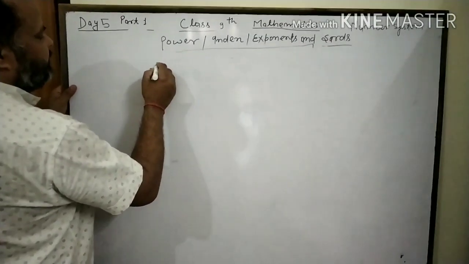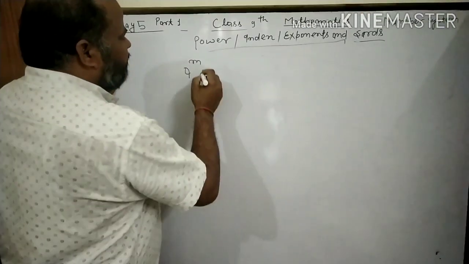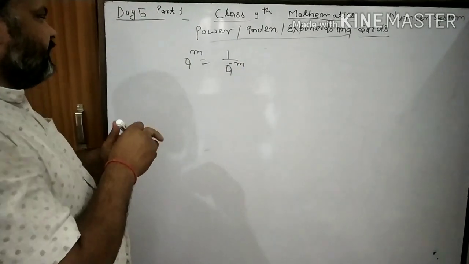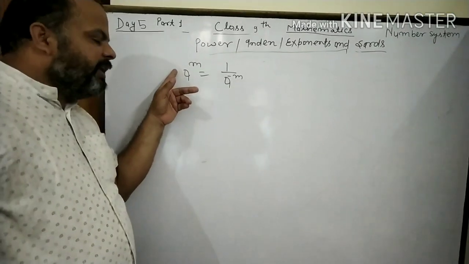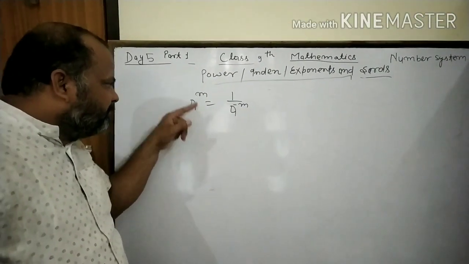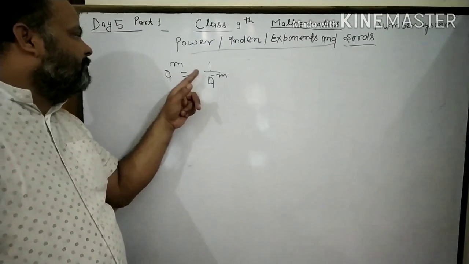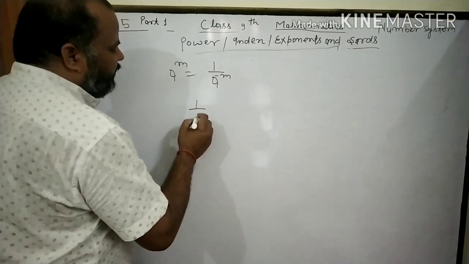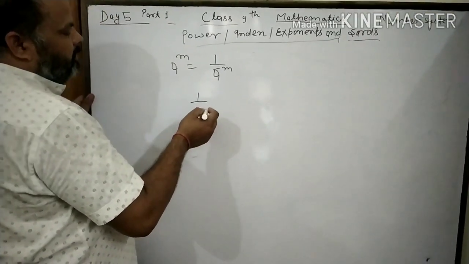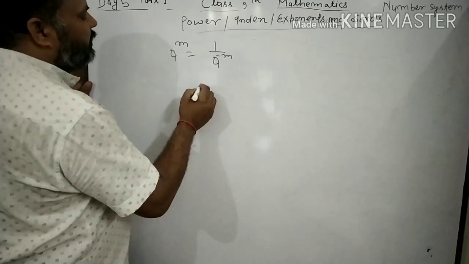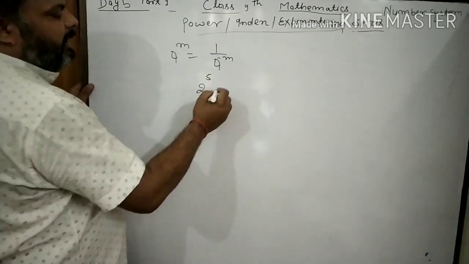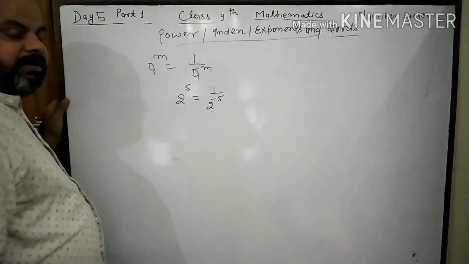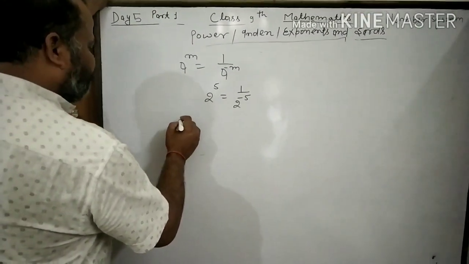Suppose it is a to the power minus m. Clear? Then it will be written 1 upon a to the power m. It means it is in the numerator. And if it comes in the denominator, then the sign of the power will be changed. Suppose 1 upon 2 to the power 5, and if it comes in the denominator like this. Clear? And suppose a